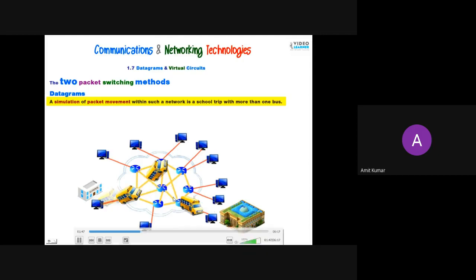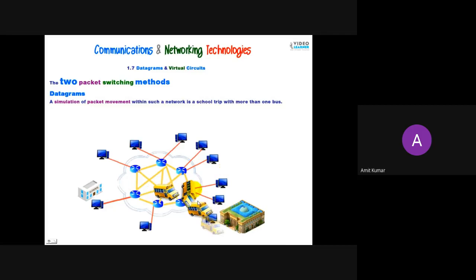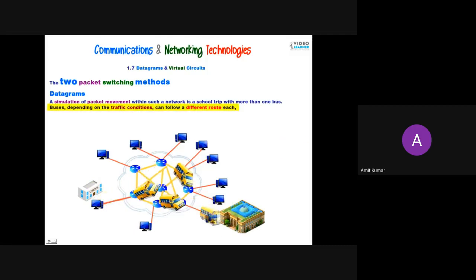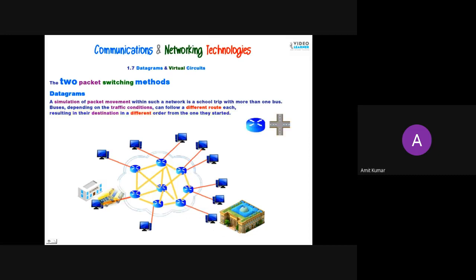First bus follows one path, the second follows a different path, the third bus follows a different path. All the buses will follow different paths to reach the destination point. If they find some traffic or some work on the road, they cannot flow properly, so they will choose another route. On the basis of traffic conditions, they will choose a different route. But all the buses will reach the destination, so our main target will be achieved.